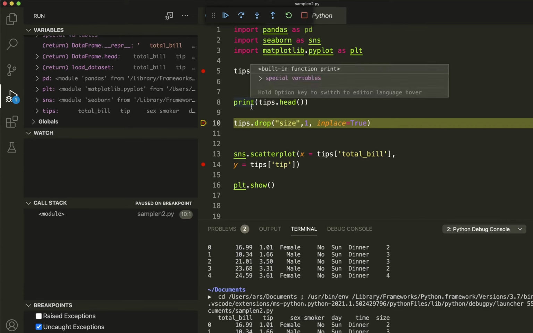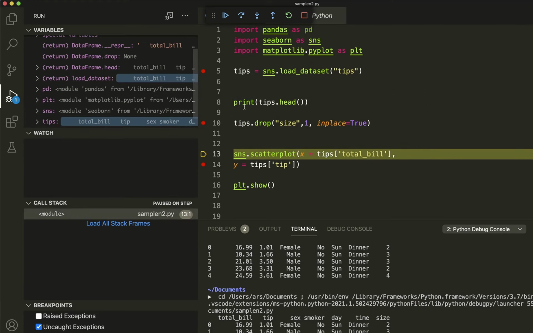When you are here now, let's go to this next stage, and now you can see that tips has been updated. If we have dropped a column, just to check that, right click tips and then click view value in data viewer, and you can hover on here meanwhile and see that tips does not have size. So we had size and we have removed size.